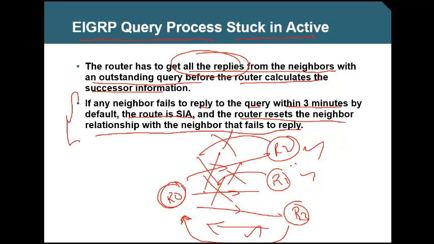What wrong did they do? They are sending hello packets every 5 seconds. Whenever there is a change, they send the notification. Then why are you resetting it? Why are you discarding the neighbor? And why are you removing the neighbor and re-establishing it? This is going to be unfair,